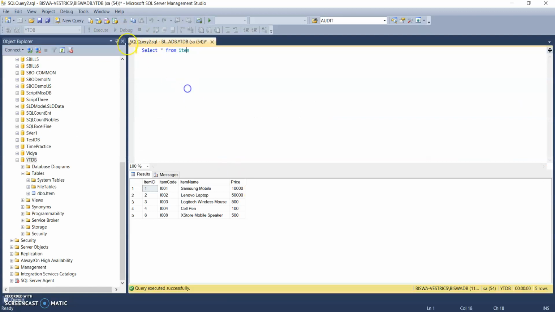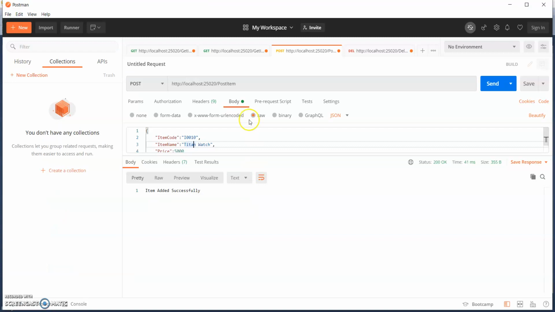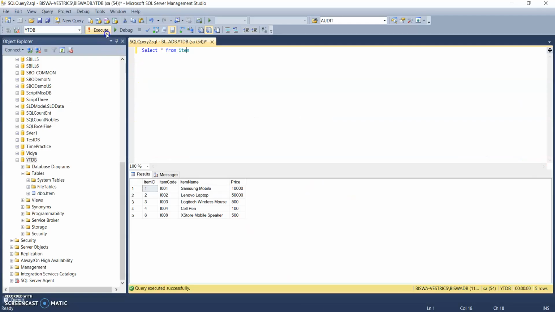We don't have the item for now here. Let's change the API name and send the data. Successfully added. Let's see, it's already added.